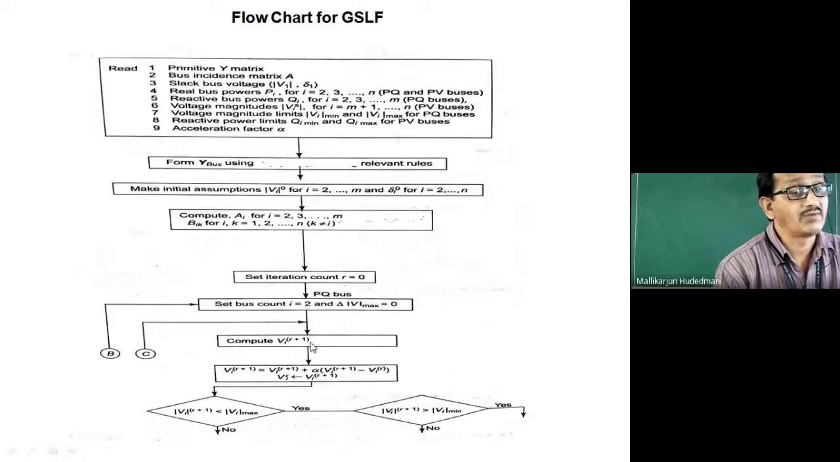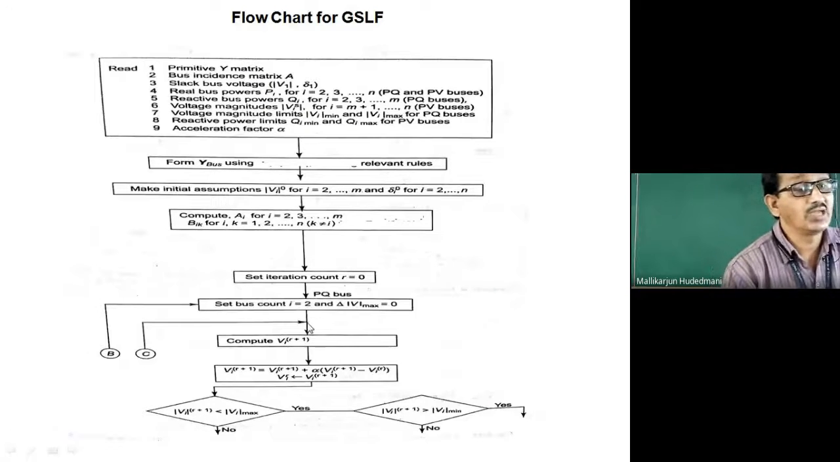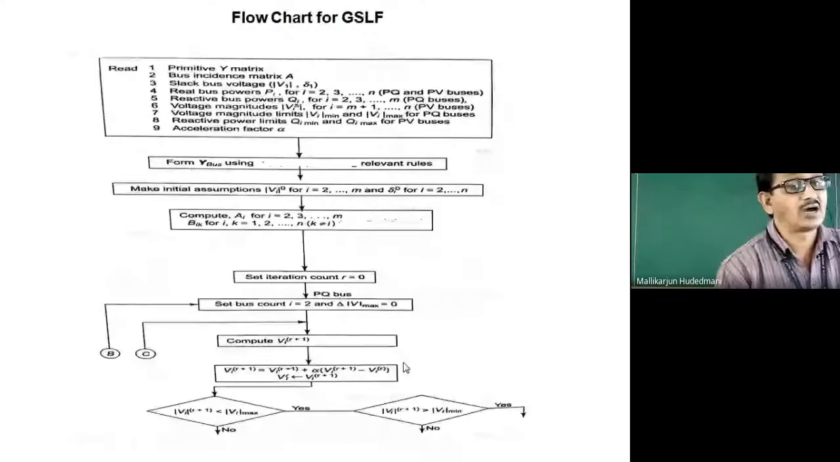Start computing Vi of r plus 1. What is this Vi of r plus 1? It is the Vk equation which you have seen in the morning class. Vk of r plus 1 equal to 1 divided by Ykk in the bracket Pk minus jQk over Vk of r conjugate. There comes r, not r plus 1, minus the summation block. So I should process the voltage for that particular bus. This is because of the PQ bus. Then I should